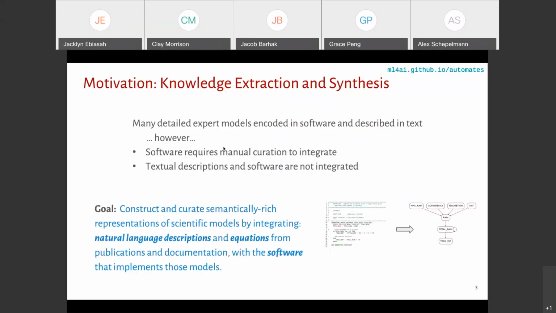So our goal here is to construct and curate semantically rich representations of scientific models by integrating natural language descriptions and equations from publications and documentation with the software that implements those models. What I've drawn on the right-hand side is the idea that we're going from source code to an intermediate representation that then enables augmentation, composition, and evaluation in a uniform framework.